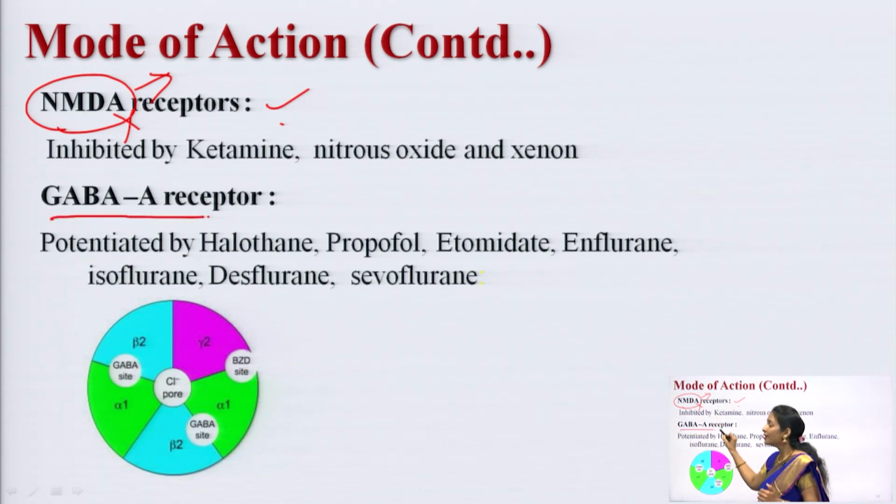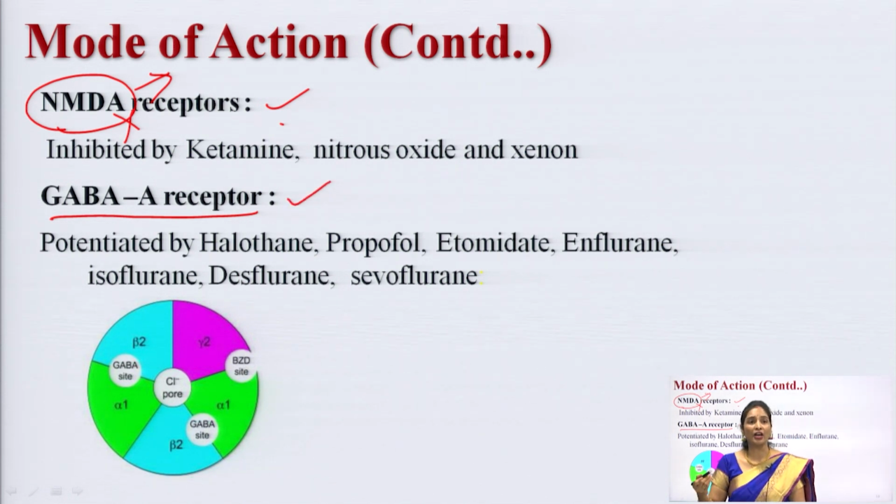On the other hand, there are some drugs which bind to the GABA receptor, and when I am talking about this GABA receptor, it has mainly 3 types: GABA A, GABA B and GABA C. GABA A and GABA C are both ion channel receptors, and the middle one, GABA B, is a metabotropic receptor, a G protein coupled receptor. Now, specifically these general anesthetic drugs will bind to the GABA A receptor and promote the inhibitory action. The GABA receptor is pentameric in structure, having 2 alpha subunits, 2 beta subunits and 1 gamma subunit.